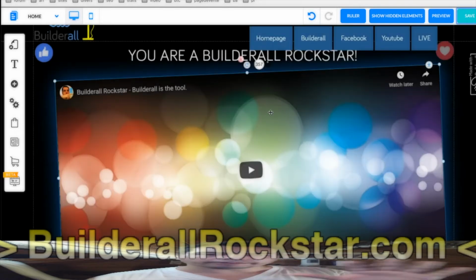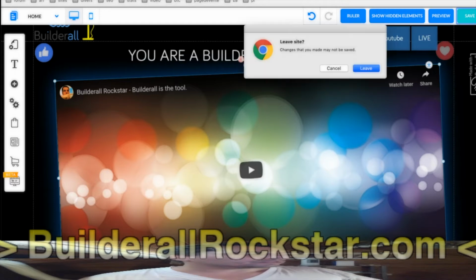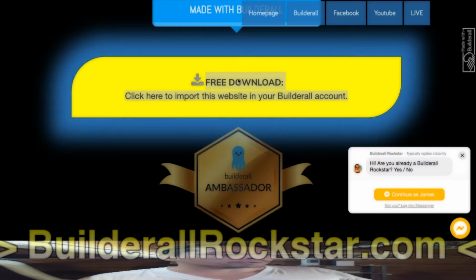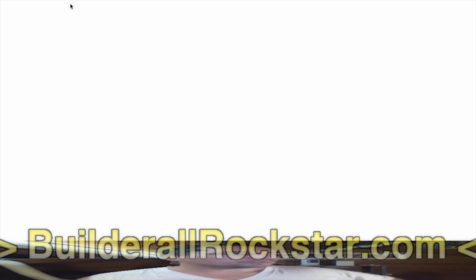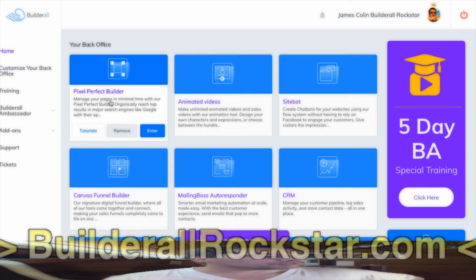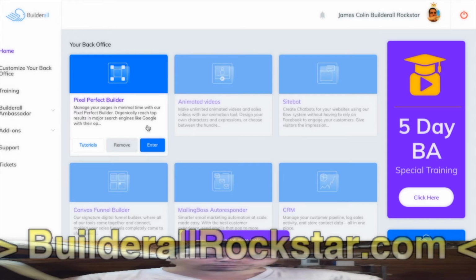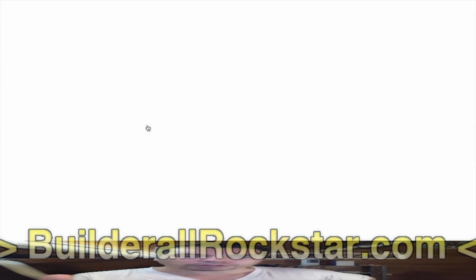So anyway, and now how to do this link? The link that I've put on this button. When you go into your dashboard, you go to Pixel Perfect, enter, you will have the list of your websites. Of course, your website needs to be published already, but you have one thing to do in order to get the first link, the link to the Pixel Perfect sharing feature.